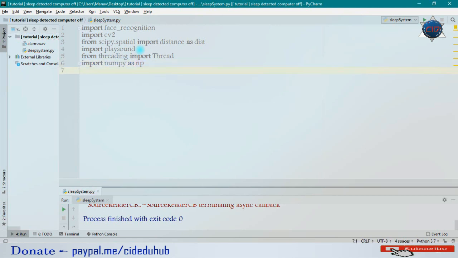So all the dependencies are now imported, and I'm going to use some constant variables here. The first is MIN_AER, and I'm initializing it at 0.30, and it will be the minimum aspect ratio. Next is the consecutive frames, which I'm setting as 10.